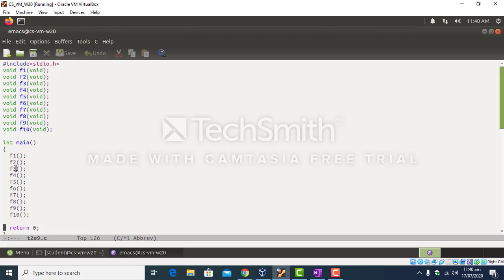In this way, use the next command and identify which function gives the message segmentation fault. Say for example you have identified that function f4 is causing the error.